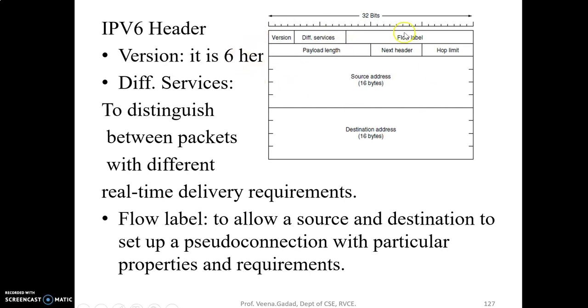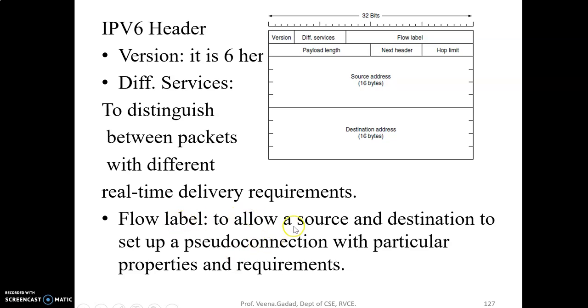Okay, so this is what I was telling you. In case of IPv6, the header fields are much reduced. You just have version, differentiated services to have something for your quality of service, flow label followed by payload length, next header, hop limit, source address and destination address. That's it. If you observe here, the fields related to fragmentation are completely eliminated. This is a description of the fields.